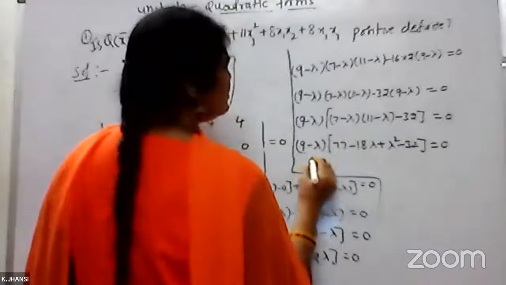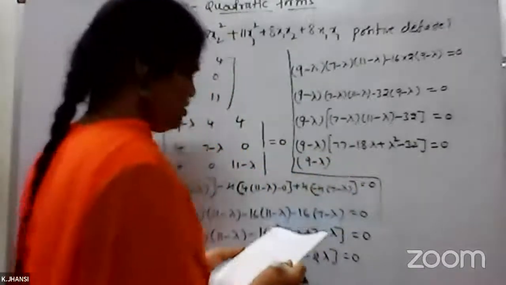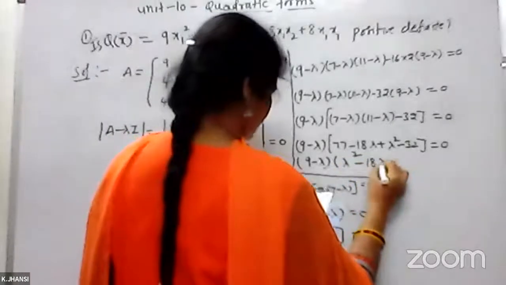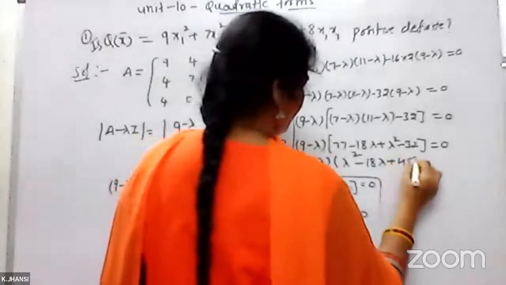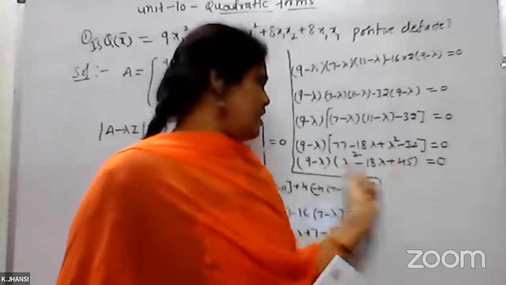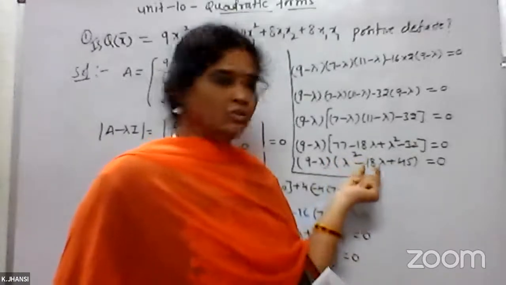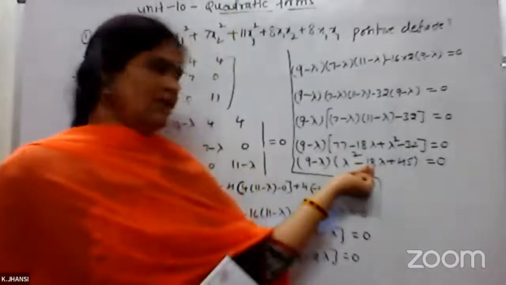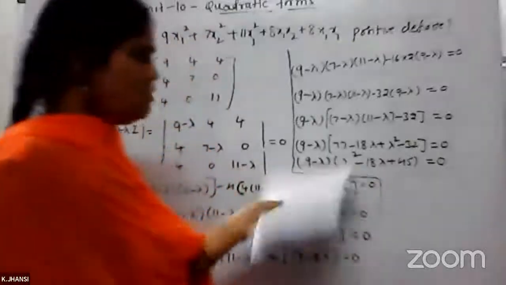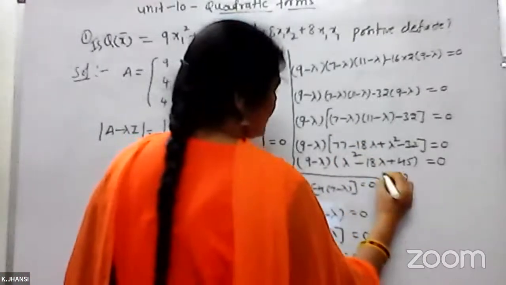So again, 9 minus lambda, so it equals lambda square minus 18 lambda plus 45 equals 0. Okay, in between, minus 18 is there, and if you multiply these two, you will get 45. So that means 15 3s are 45, no? If you add 15 and 3, you will get 18, and if you multiply that, you will get 45. So when you simplify that, you will get here the values as 9 minus lambda,